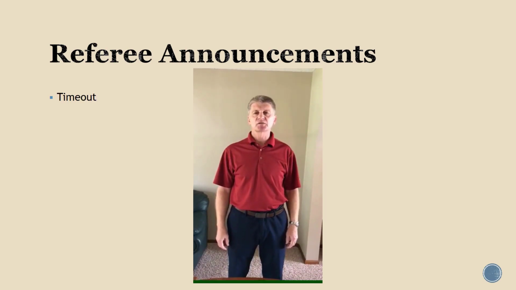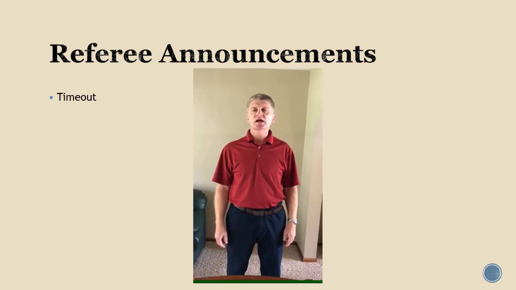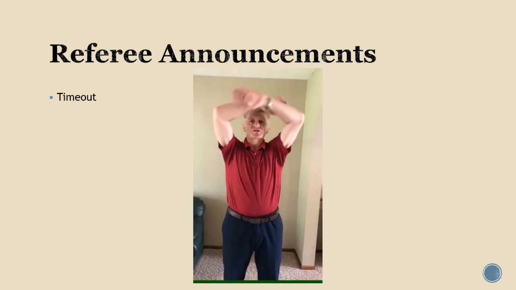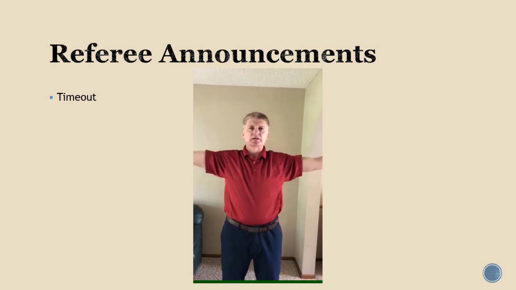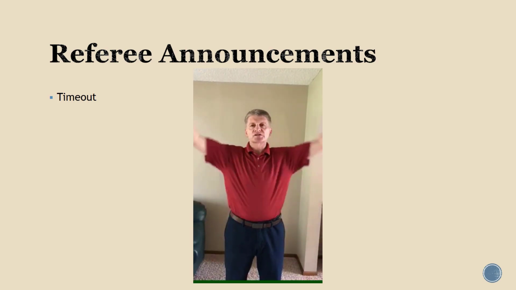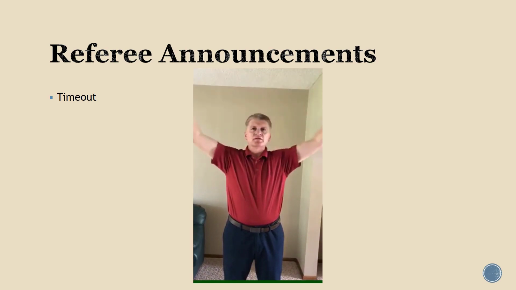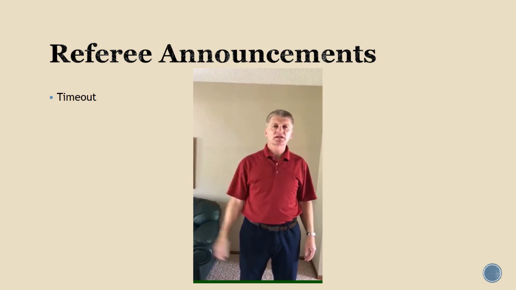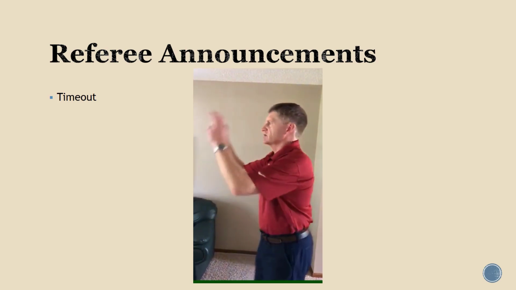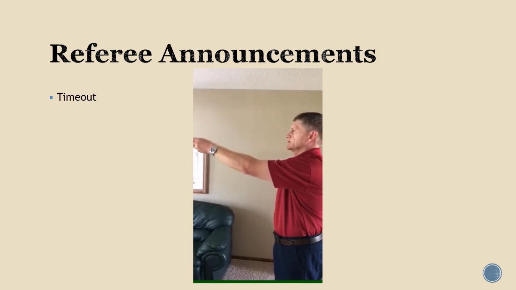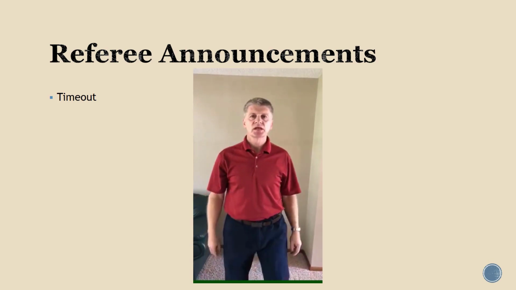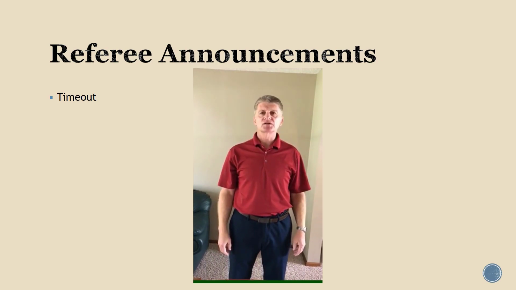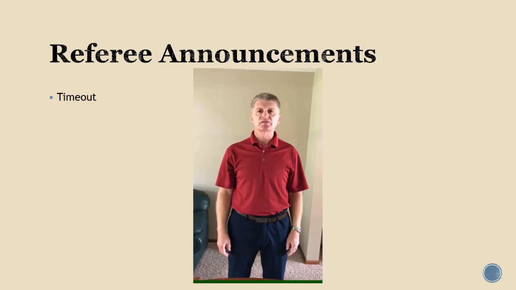When a team asks for a timeout, you'll want to wave your hands twice while you're making your announcement. So it could be first charge timeout, Apple Valley, or charge timeout, Apple Valley, they're first. And then you either signal with your hand towards the team that takes the timeout, or you can actually shift and do the two-hand signal. If it's their third timeout, I like to announce third charge timeout, this is their last of the half.